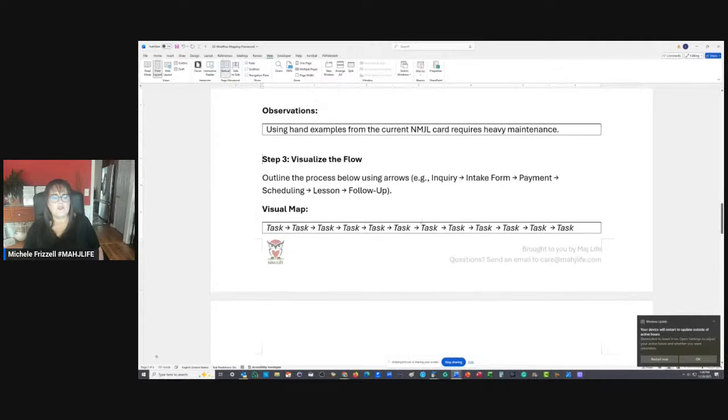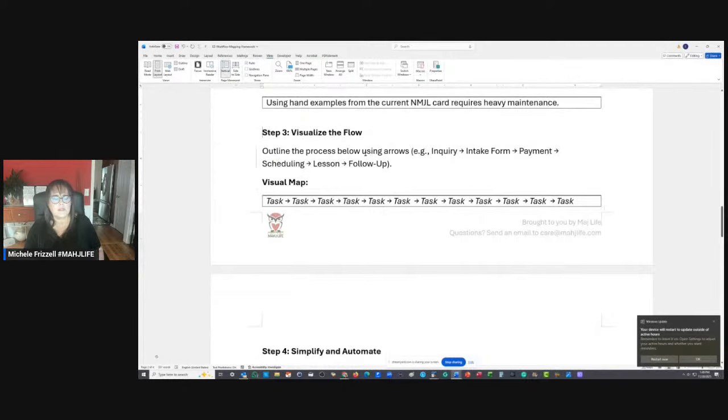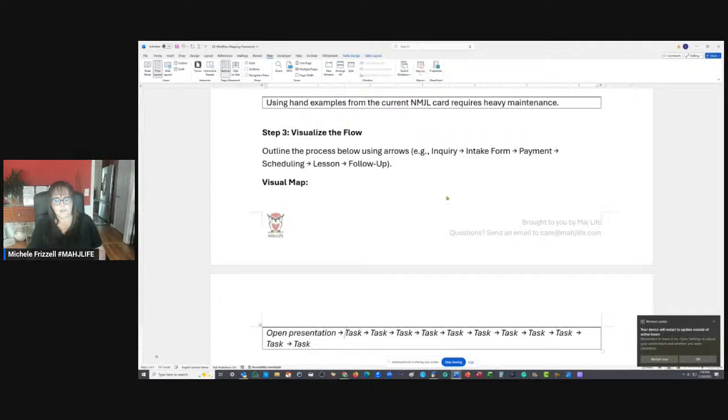Okay, so now visualize the flow. So you outline the process next. So this example is for an inquiry, but here the visual map is open presentation, rehearse lesson, refine content, synchronize handouts.